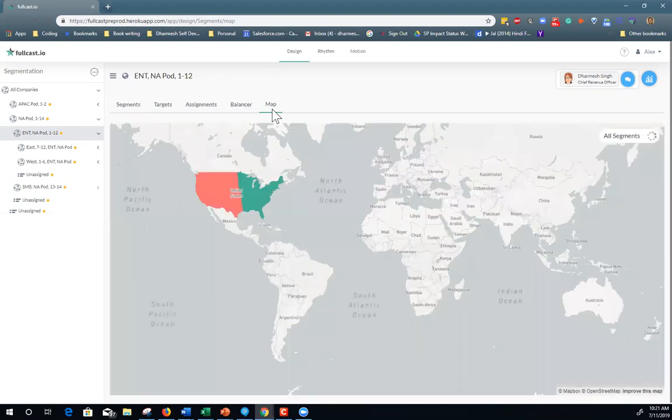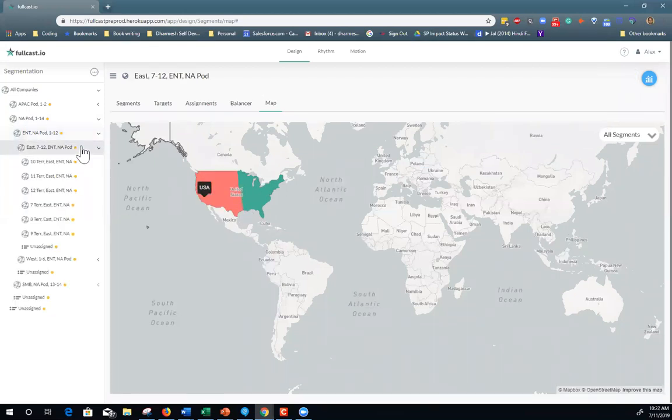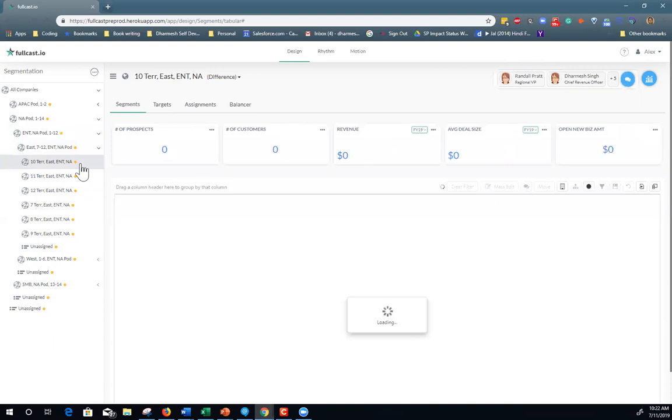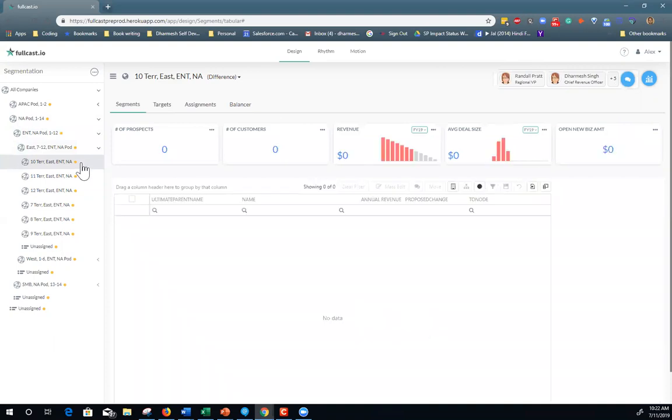I can also see out here how my accounts are distributed by geo maps, right? So if I want to take a map view and see how my enterprise is broken up by these territories, this will be my map view, and I can then keep trawling and seeing, okay, what's my East territory looking like, and territory East North America, how does that look, right? So all those metrics will refresh themselves, the accounts that are there in those metrics.